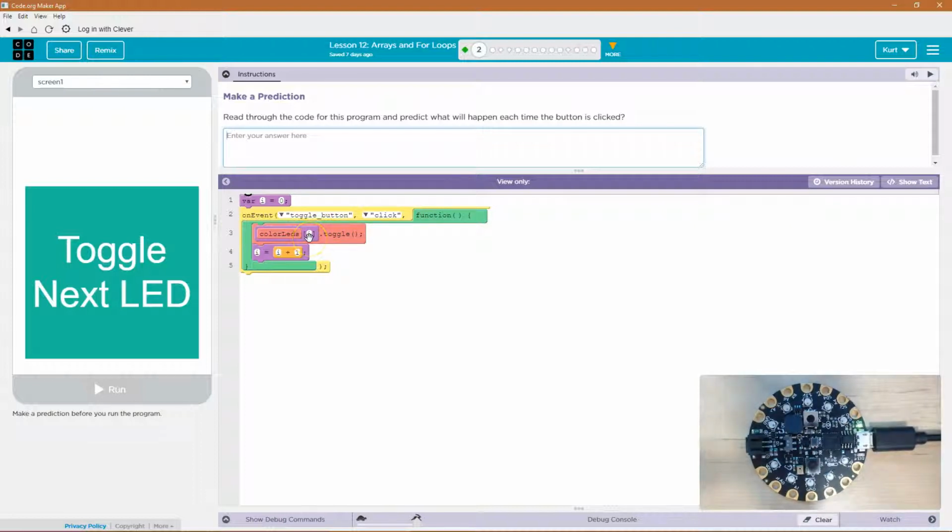What happens? Well, now toggle set I equal to 1, so color LED 1, so that would be the second LED, because the second element of an array is 1, that's the index it's at, because they start at 0, is going to be toggled on, and then we're going to add 1, and go back around. All right, so